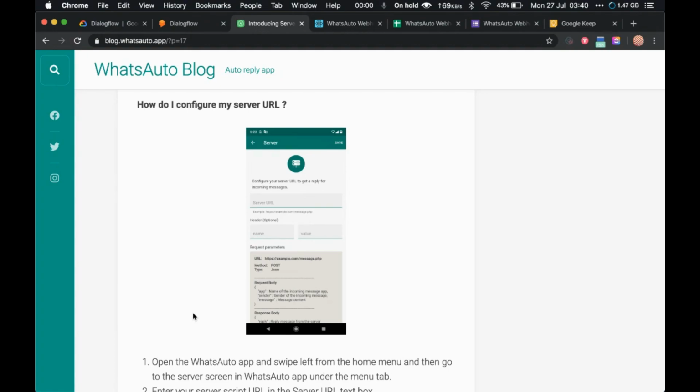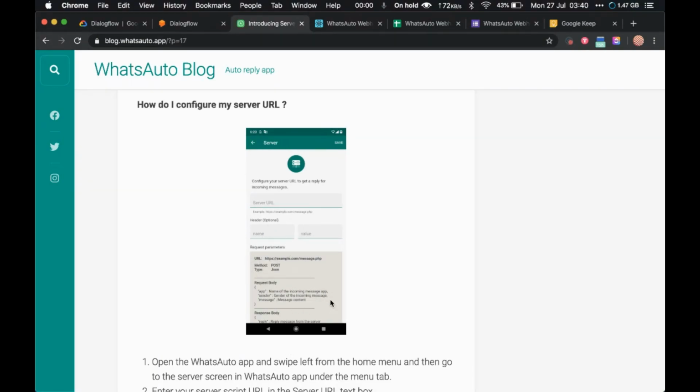And just remember that once you do this, after that there is no monthly cost, no recurring cost. It's completely free. So if you go for WhatsApp Business API or something like that for your chatbot solution, you might be aware that there is a per message cost of $0.05, or you have to pay monthly fees of, let's say, $100 or something. But with this solution, it's just a one-time fee.